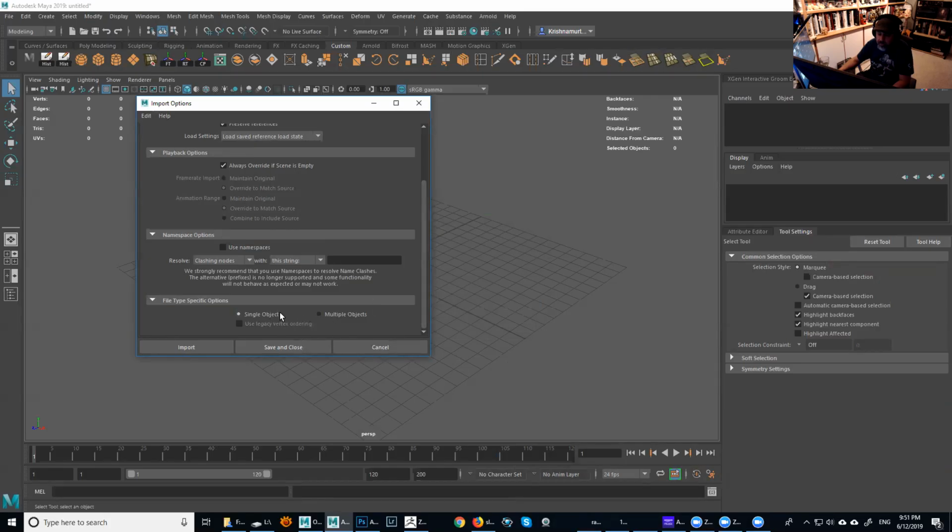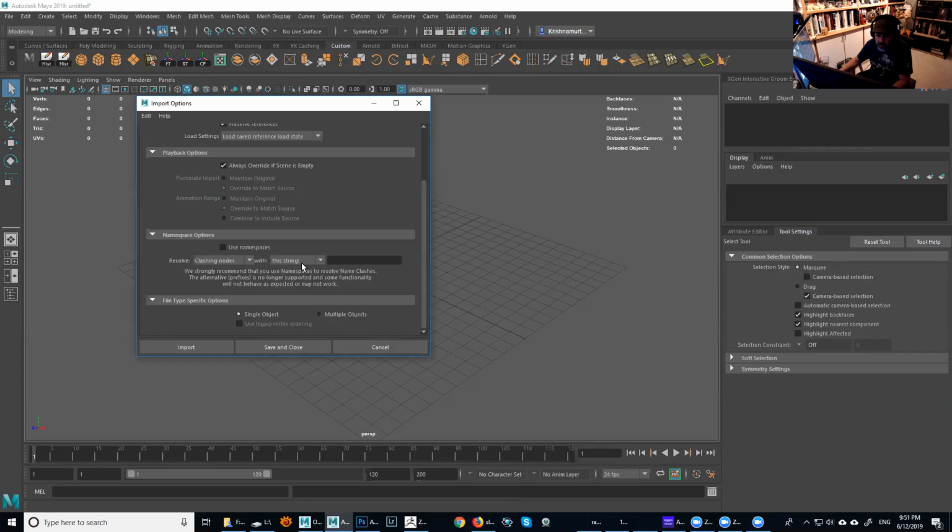Otherwise, if you have polygroups and stuff like that from ZBrush, your model is going to come in all split, and then your topology is never going to match, because we need the topology to match at all times. You're going to be doing morph targets and blend shapes, and if you already have XGen applied to your model, you'll need to adapt that model to the next iteration if you do tweaks. So let's make sure that we have a single object, and then under Edit, you can just click Save Settings, and from this point on, you don't need to worry about it anymore.